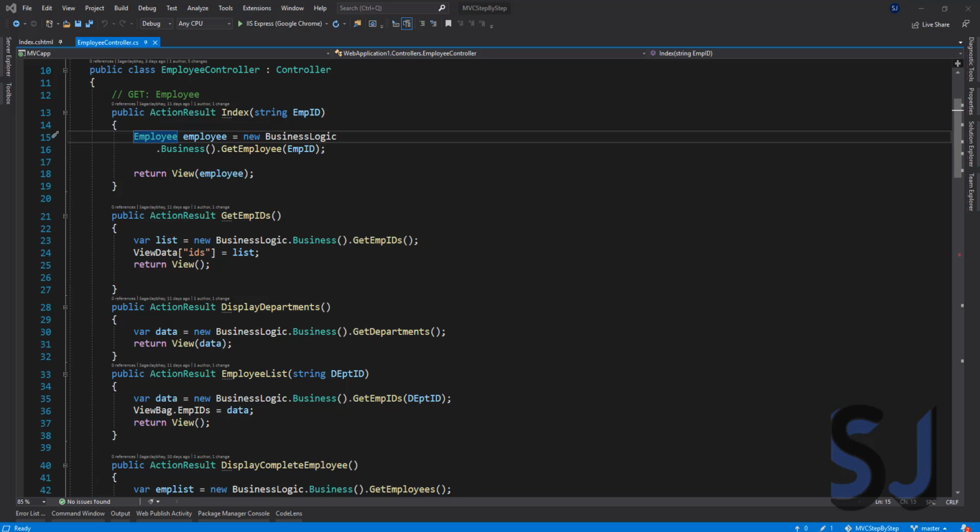Now what is a model? A model is actually one class which contains properties. In our application, we have a model, and we use Employee as the name of that model. Employee is our class, and this Employee class has properties like name, email ID, salary, department name or department ID, like that. So first thing to remember,